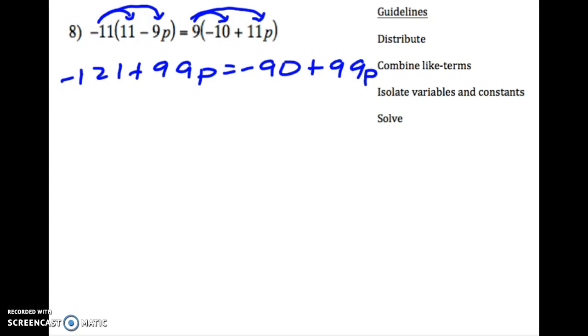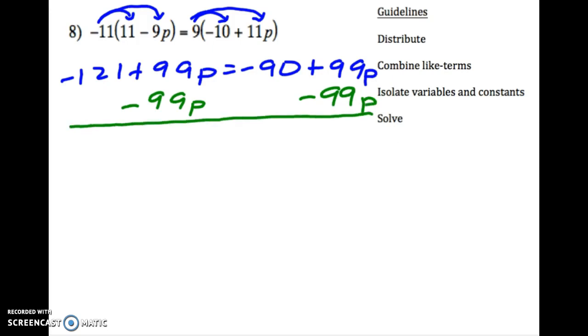So we want to get the variables on the same side. So we're going to subtract the 99p from both sides. Helps if I get both 9s in there for the 99. And note something weird happens here. The 99p minus 99p cancel out. The 99p minus 99p also cancel out on the right, leaving us the statement